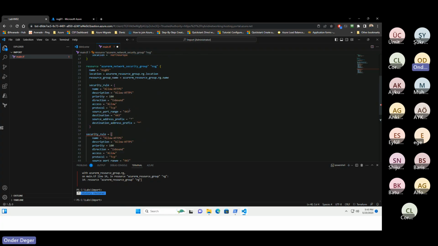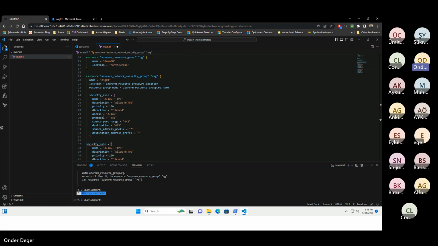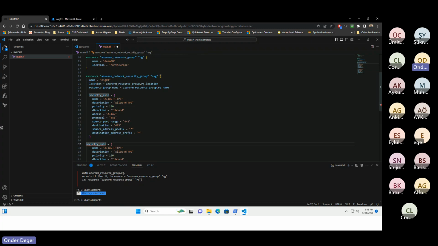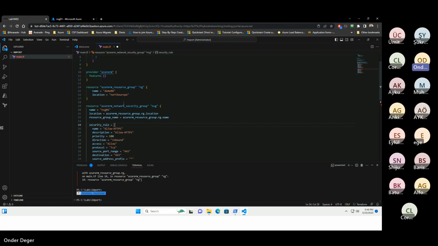So why is it not working? Maybe we missed something. Is there a typo here? Give me a second. Azure RM, NSG, okay, security rule. Azure RM, network security group. Where's the tab issue? Line which? This one you want to say? No, it's still, let's say, it was already line 24. Okay, that's correct. We missed something, but